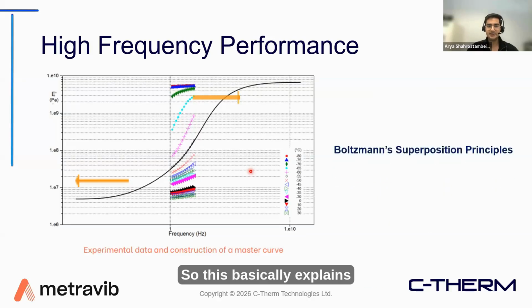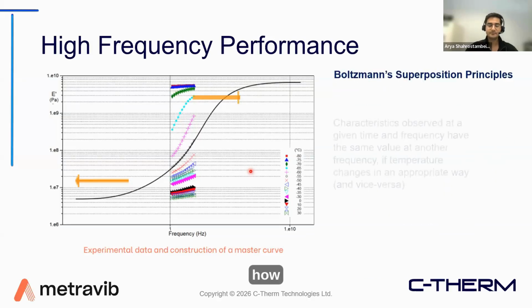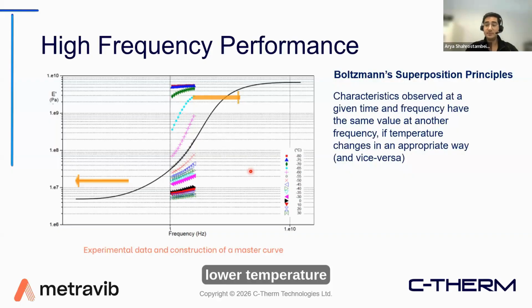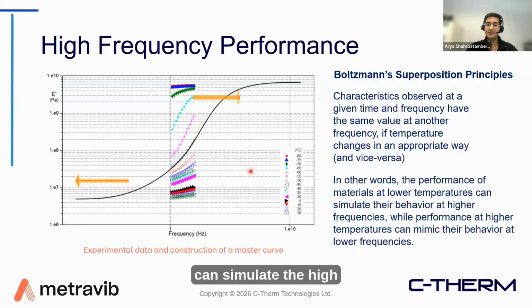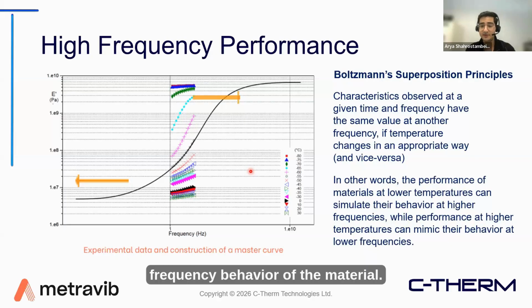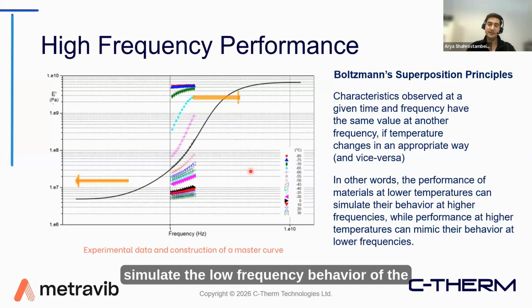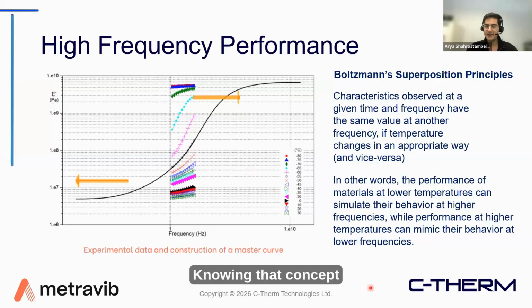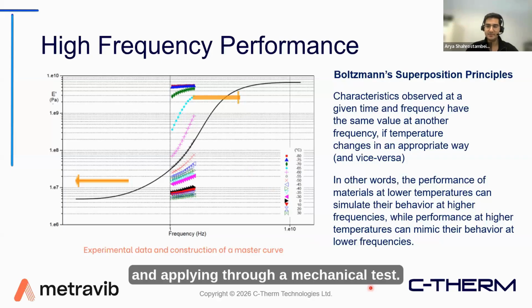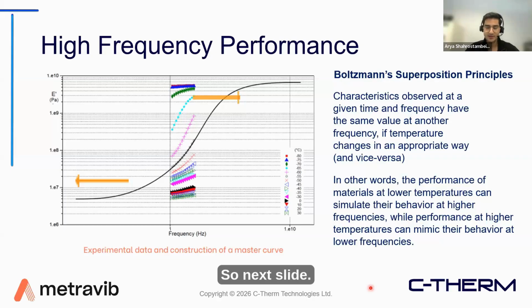So this basically explains how lower temperature can simulate the high frequency behavior of the material, and how high temperature can simulate the low frequency behavior of the material. Knowing that concept and applying it through a mechanical test, we can have access to very high frequency results through modeling. So next slide